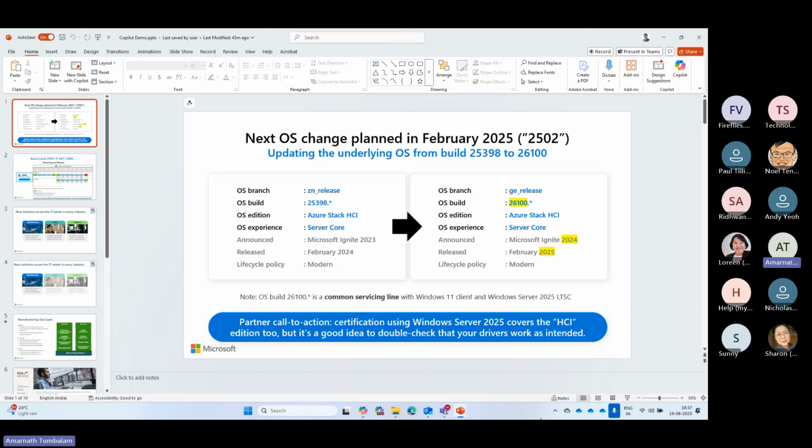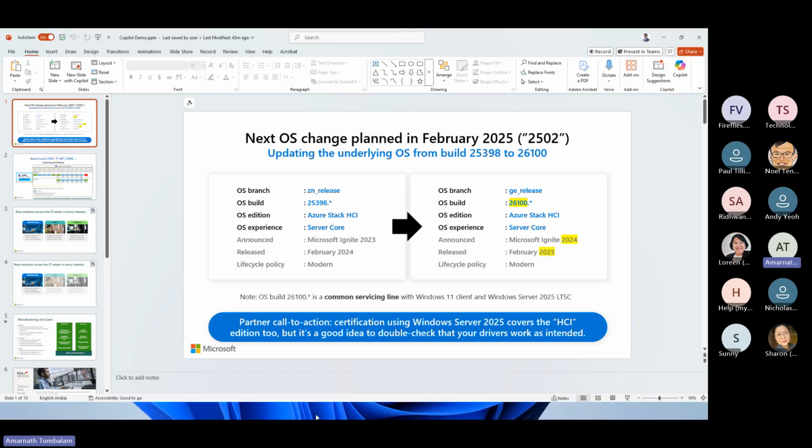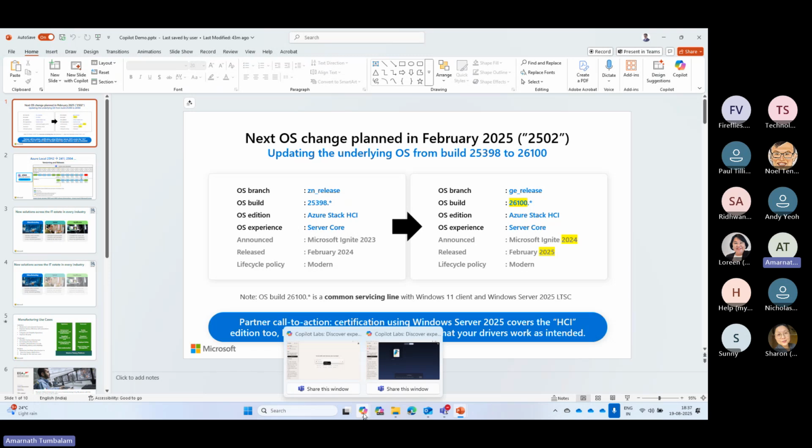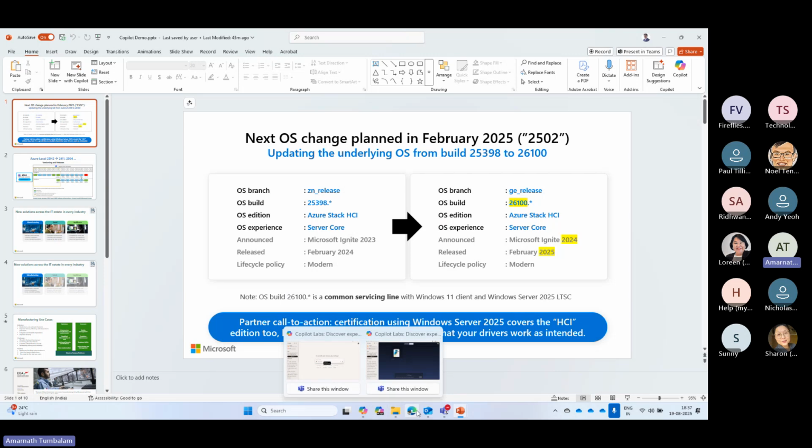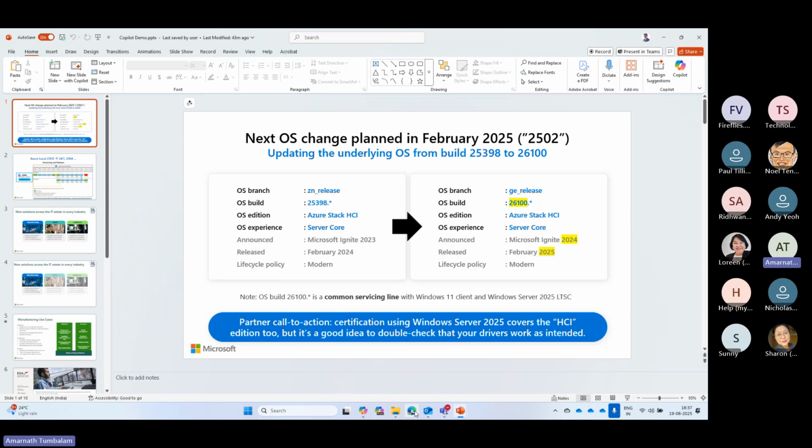For example, whatever demo I'm trying to showcase to you is basically the free version. It means you can have your personal account like hotmail.com, outlook.com, or Gmail. You can just use Copilot as a default from your PC. This is the icon which you see. This is a free version which is part of your Windows 11. If not, you can just register and directly browse what Ridwan was showing,